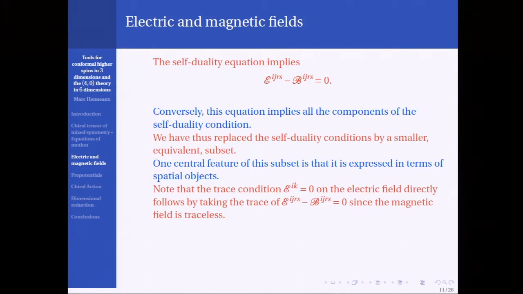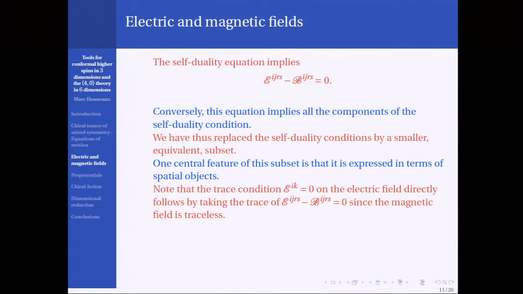And clearly also, that's something that is new, and that's why I want to emphasize it with respect to the 2-form case. In the 2-form case, the electric field would have only 2 indices, antisymmetric in I and J, forget about R and S. So E_ij is equal to B_ij, so antisymmetric. There is no analog of what I'm going to say now, which is that because B is traceless, if you contract I and R, this will also be traceless as a consequence of the duality condition.